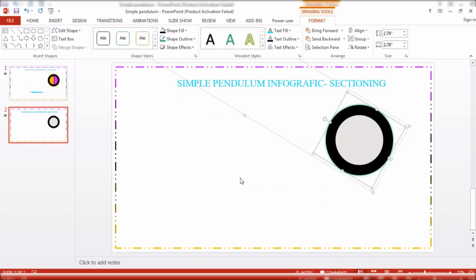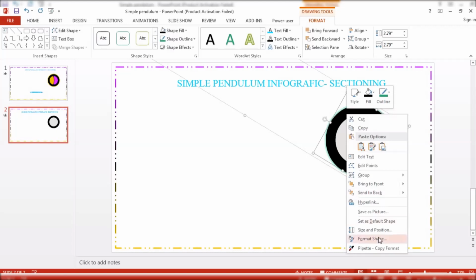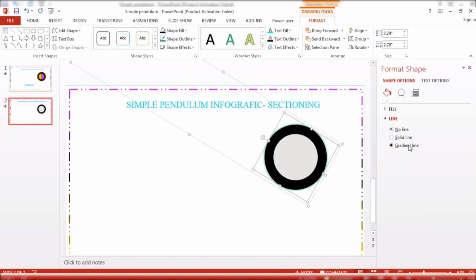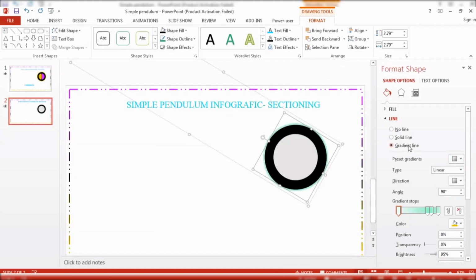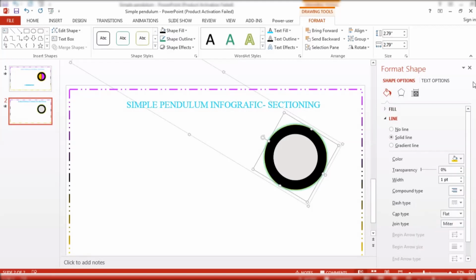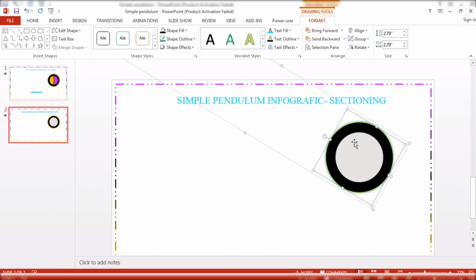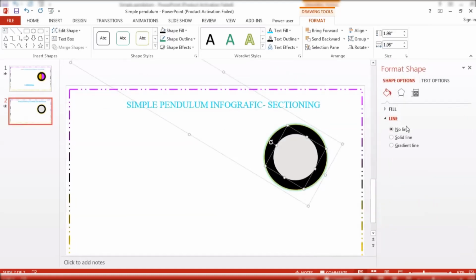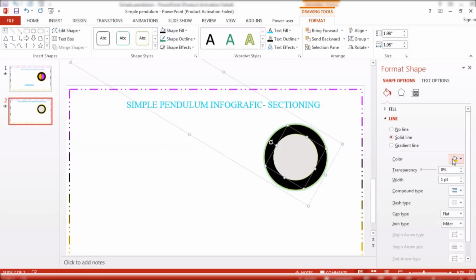Now select this, go to the Format Shape, and now choose the solid line as yellow. Solid line as yellow, and it's perfect. Now the first circle is completed. Then choose the second circle. After choosing the second circle, go to the Format Shape, and then solid line as black,